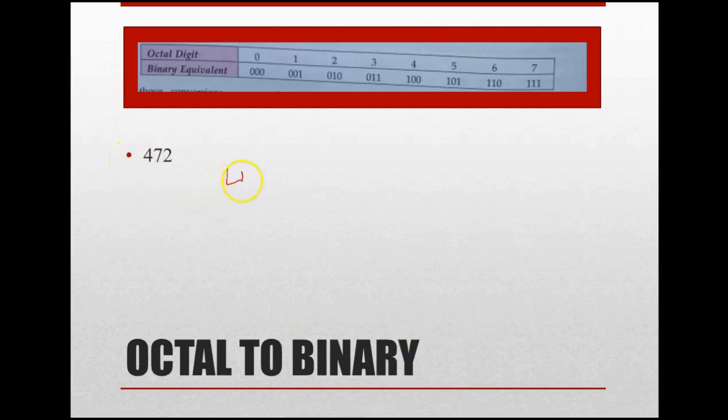You just separate it. This is the octal number, right? You can just check it. The base value is also 8. And then you have to convert it. So upside you can see the first row is representing the octal digit, and the second row is representing the binary equivalent of the same. So how can we do that? You just check it. 4, you can convert into binary form by writing 100. Then 7 into 111.